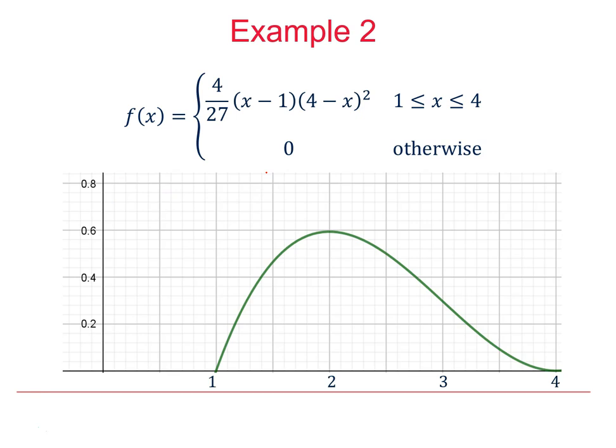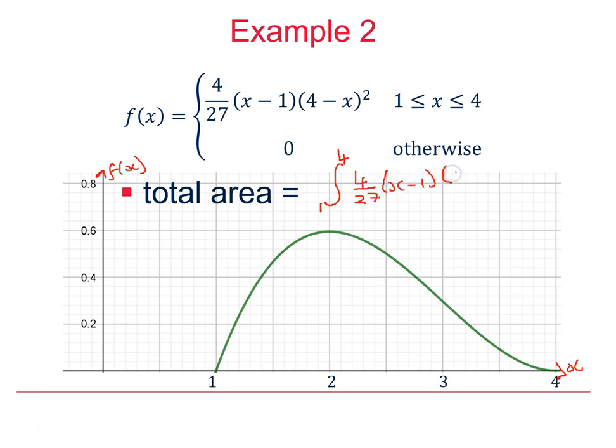fulfilled. And then if we have a look at the second condition, does the total area under this curve f of x equal 1? Well, this is a much more complicated one to work out, so the way we would have to do that is to actually integrate our function, and quite a complicated thing to integrate. You have to multiply all that out first. You could check it on your calculator if you want to do it that way, but we need to make